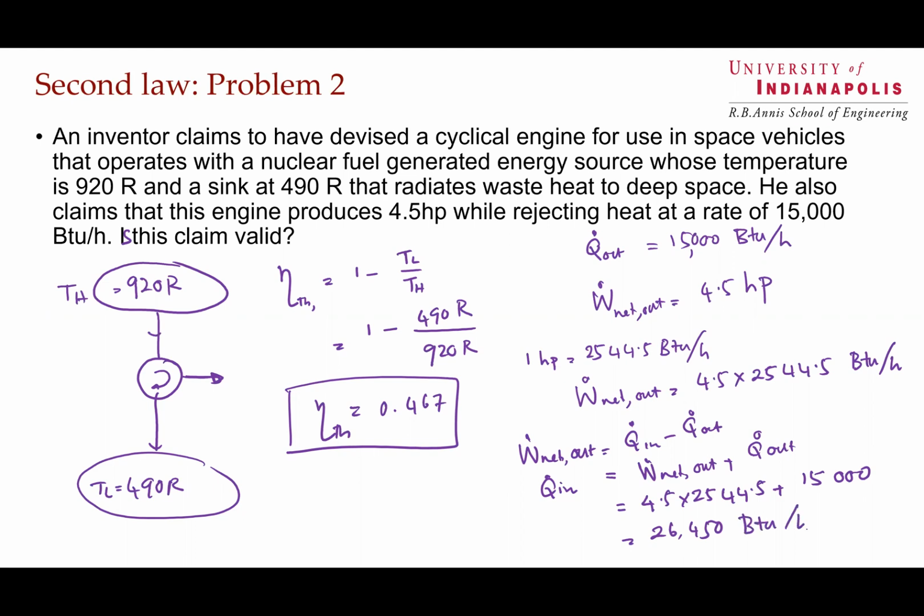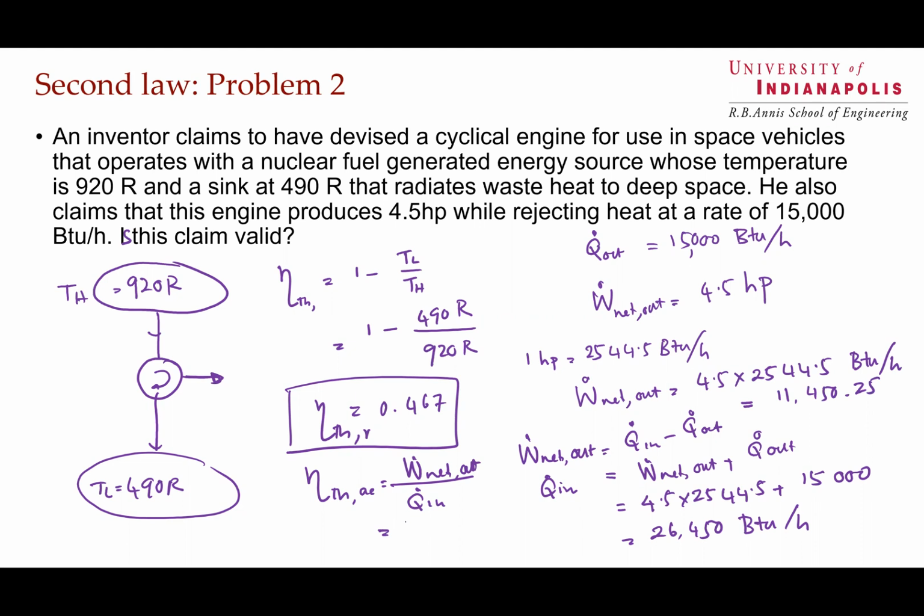BTU per hour. Now the actual efficiency, this is reversible efficiency. This is thermal efficiency actual: W dot net out divided by Q dot in. So we have 4.5. So W dot net out, this is 4.5 times 25, 44.5 is 11,450. 11,450